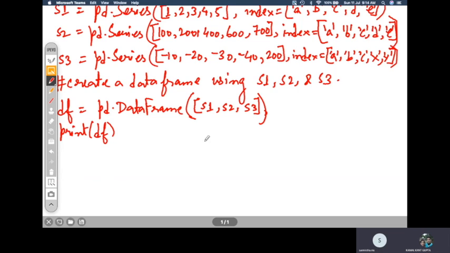The first row will have 1, 2, 3, 4, 5. Sorry, the first column, and then items will be accordingly. There will be 7 indexes.